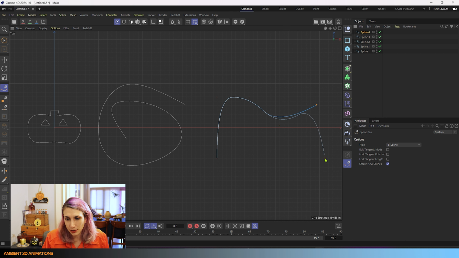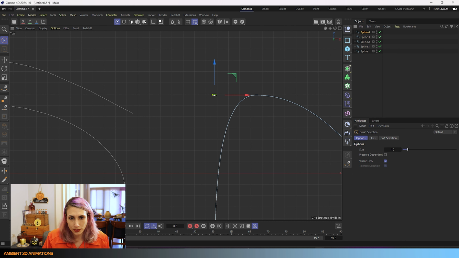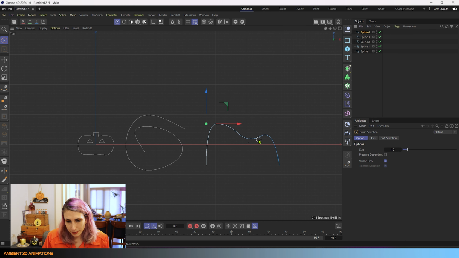You'll probably be usually using a Bezier spline, but the interesting thing about this spline is that you get these control points over here. So these control points control the spline. But you'll also notice that they are not actually on the spline.